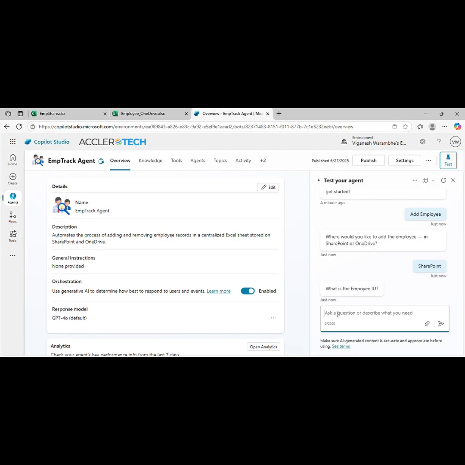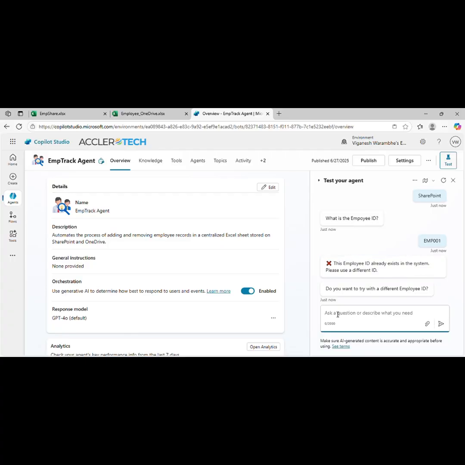First, we will go with EMP001. Here, the agent checks whether the employee ID already exists. Since it does, it returns this employee already exists. Please provide another employee ID. So, do you want to try with a different employee ID? Let's say yes. So, now I'll provide a unique employee ID